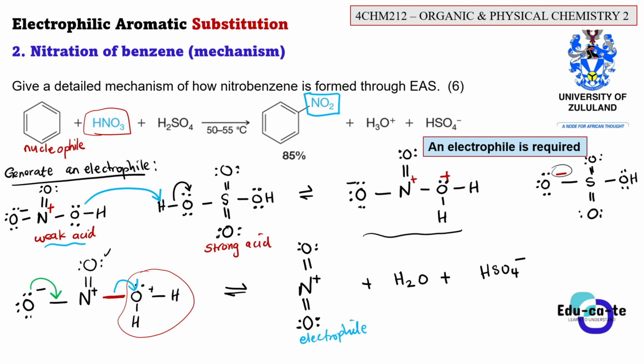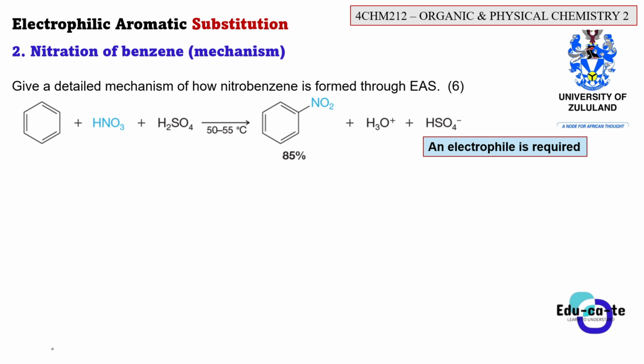So now let's react our NO2, which is our electrophile, with the nucleophile, which is the benzene ring, so that we can do what? We can do an electrophilic aromatic substitution reaction, right? So in this case, we're going to take our benzene ring and react it with our electrophile. This is continuing. This is our benzene ring. Our benzene ring is here, and it has a double bond here, and a double bond here.